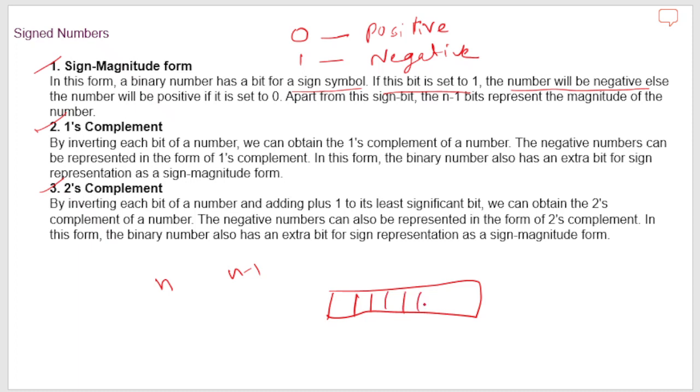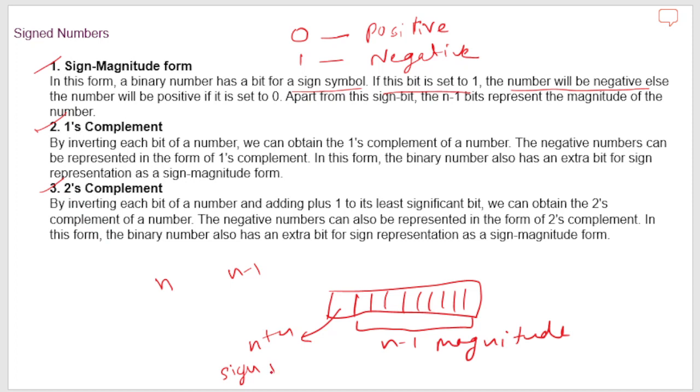Okay, so these n minus 1 bits are magnitude, and this nth bit is the sign, either positive or negative. So positive is 0, negative is 1. Okay guys,